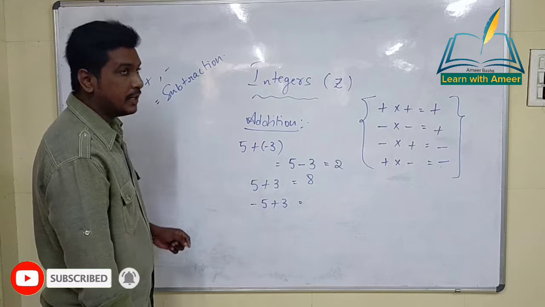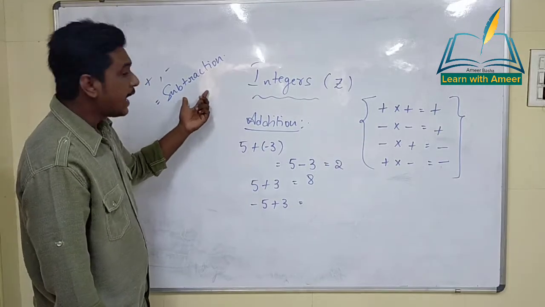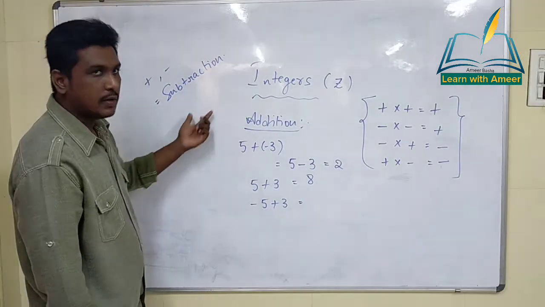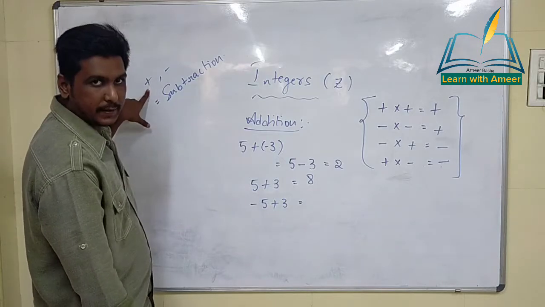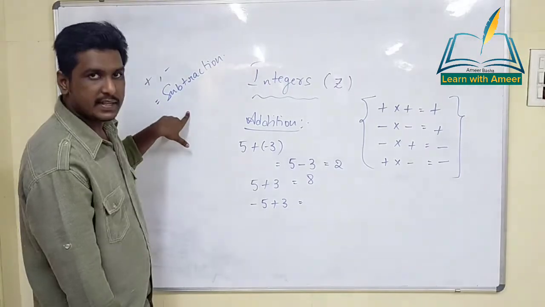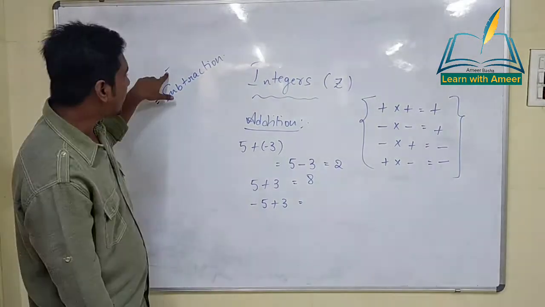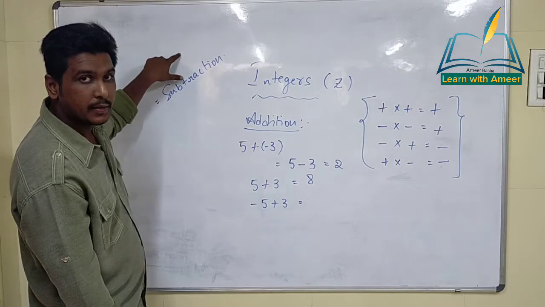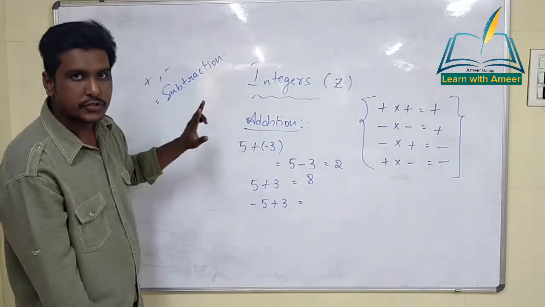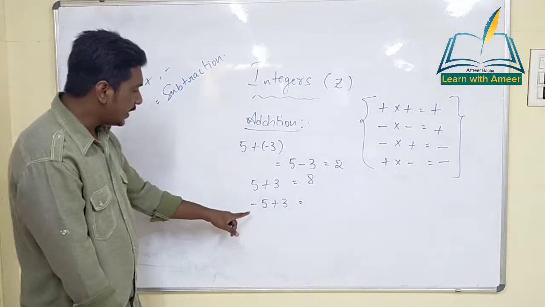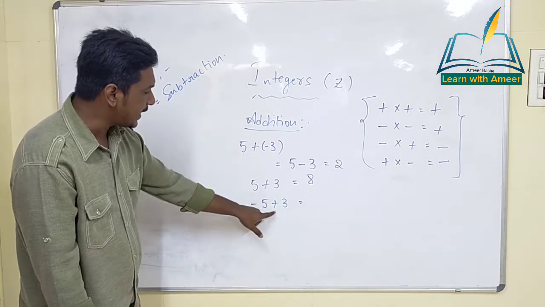What we have to do, children? We have to do subtraction, and after doing subtraction, whichever number is bigger. Imagine this plus number is big, then we will keep the plus symbol for that. Imagine if the minus number is bigger, then for the answer we will keep minus. Understood, children? So whenever we have two different symbols like this,